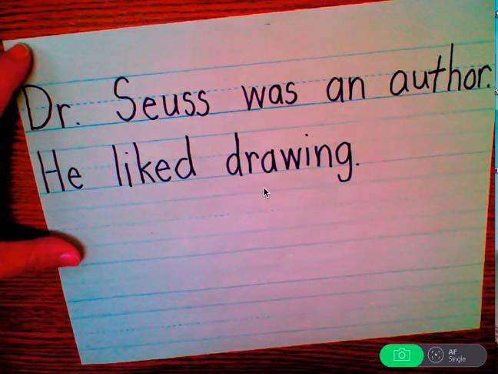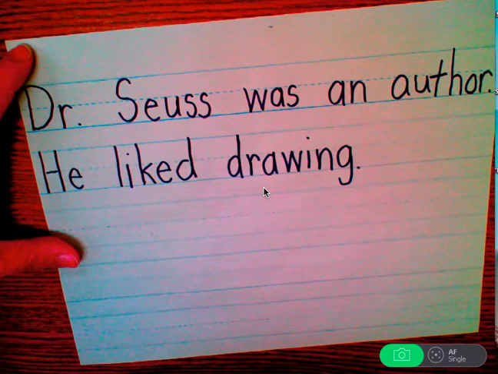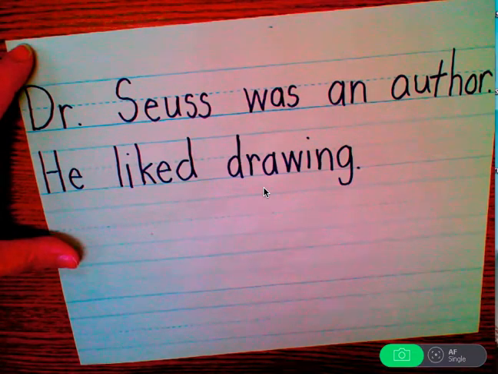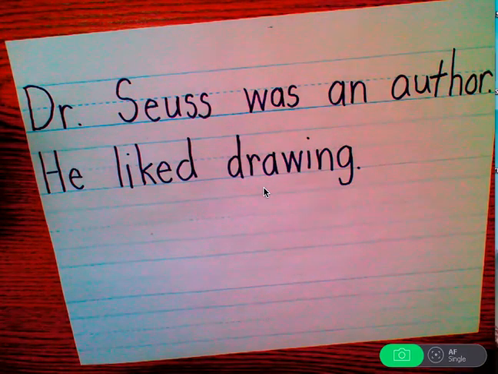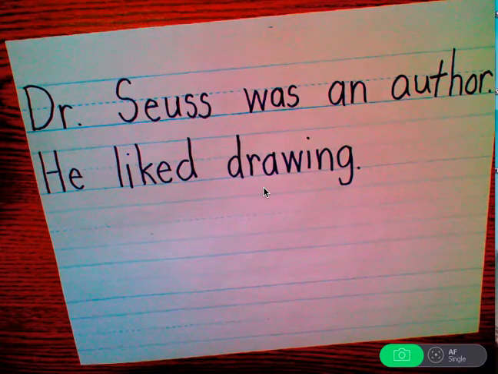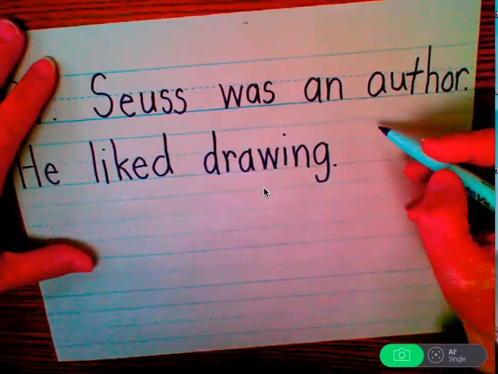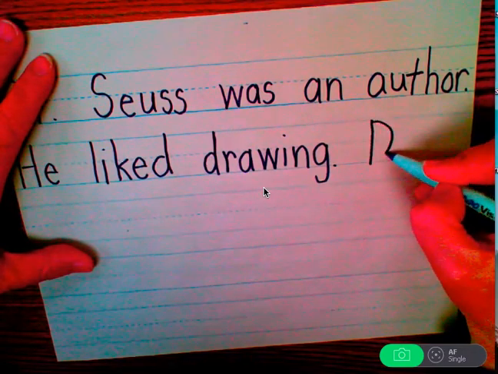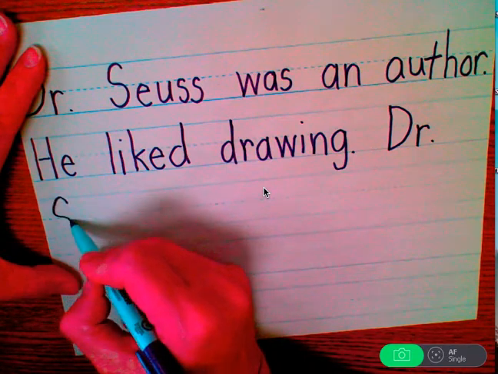And our last verb for our tree map was wrote. And it was Dr. Seuss wrote stories. Now, you know that when you write sentences from a tree map, you can add some extra words in to make your sentences more interesting. So let's see if we can think of something. If we write Dr. Seuss